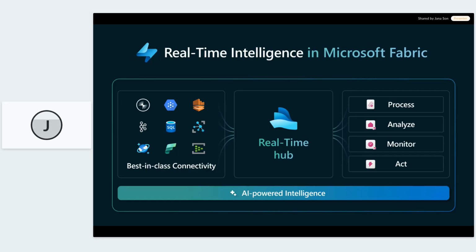And of course, multiple sources and connectors are available here to get event data from, for example, Azure Event Hubs, Azure IoT Hub, of course, Kafka, Google PubSub, Amazon Kinesis, custom endpoints even. Importantly, you can get your database CDC streams there as well. And of course, you can also attach multiple destinations in an event stream to ingest into multiple stores. So you can ingest it into event houses, lakehouses, custom endpoints, again, a lot of possibilities there.